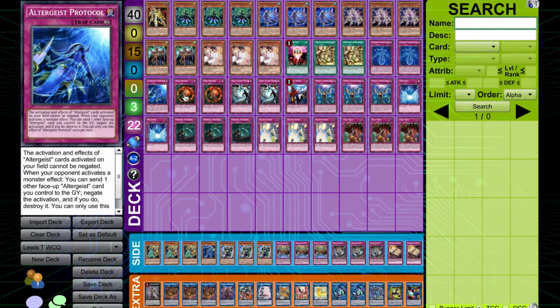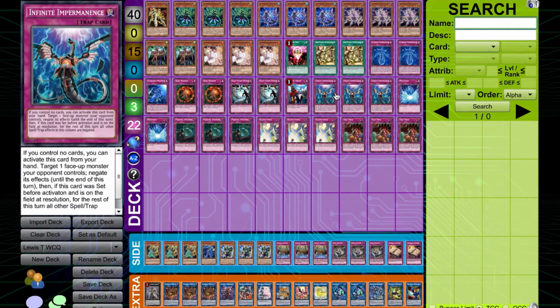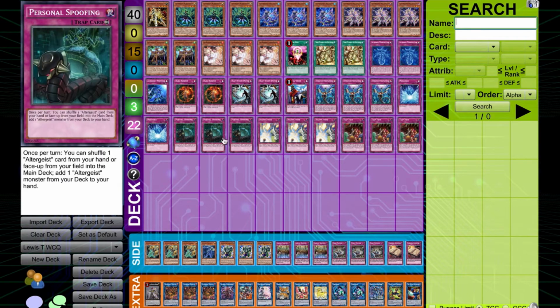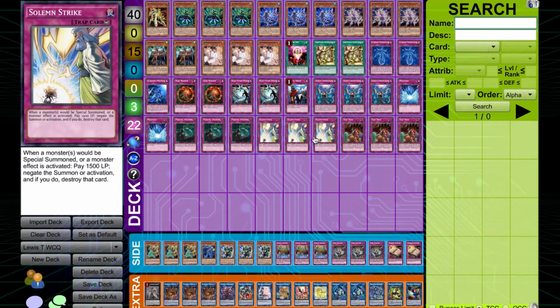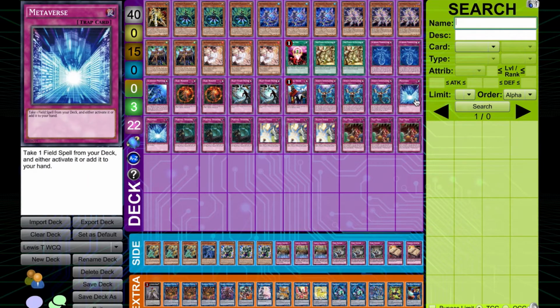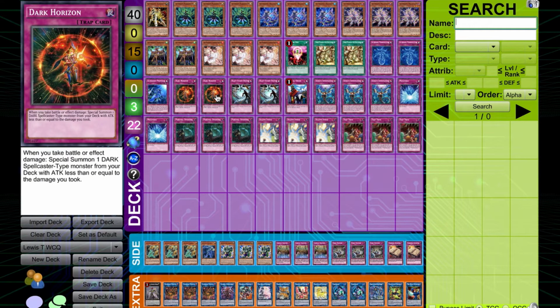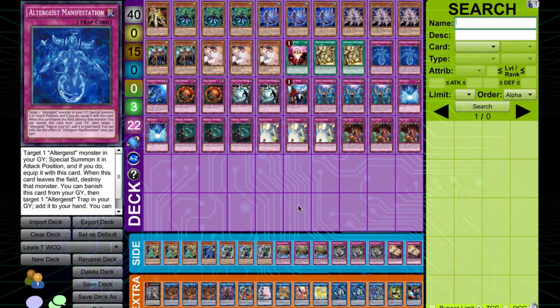1 Proto, 2 Dark Horizon, 2 Dusters, 1 Order, triple Impermanence, 2 Metaverse, triple Spoofing, triple Strike, and triple Trap Trick. The card that allows you to get a great deal of versatility because it can go through your Metaverse to get your Secret Village. It can give you Impermanence, it can give you Duster, it can give you Dark Horizon, which fixes your brick hands, and of course it can get you your Manifestation to just recur your